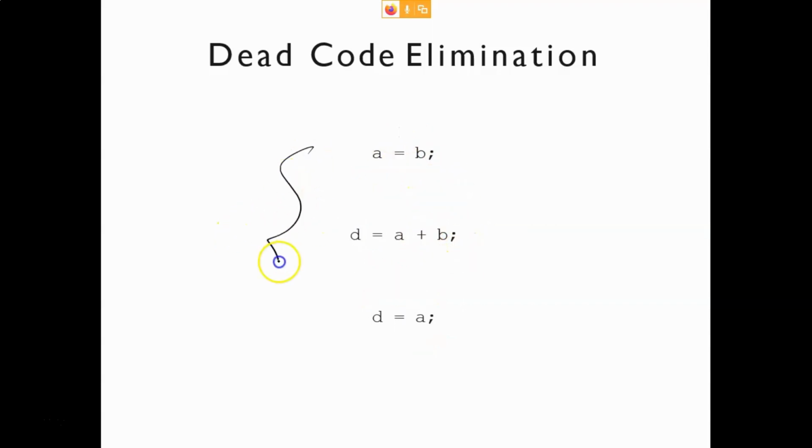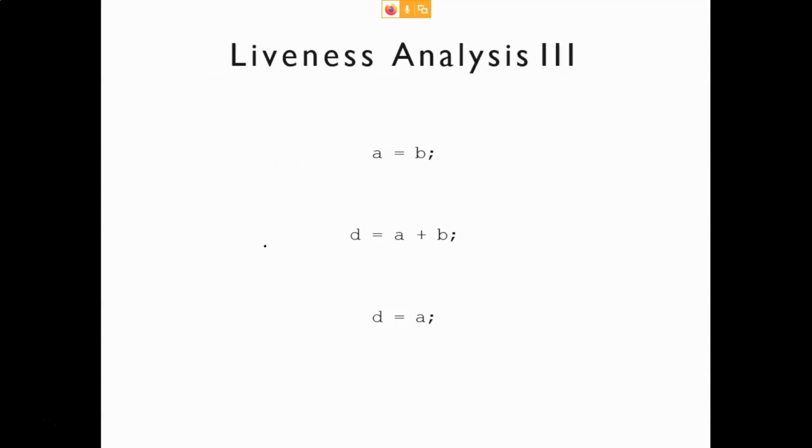So this is what you will get after one more time. Basically, you have done the liveness analysis and this dead code elimination for the second time. So finally you got this. You can do it a third time. Let's do the liveness analysis for the third time. Again, initially b, d is given to you.